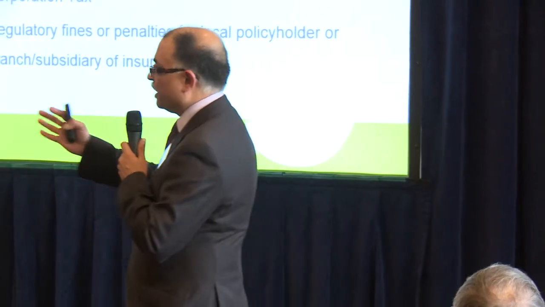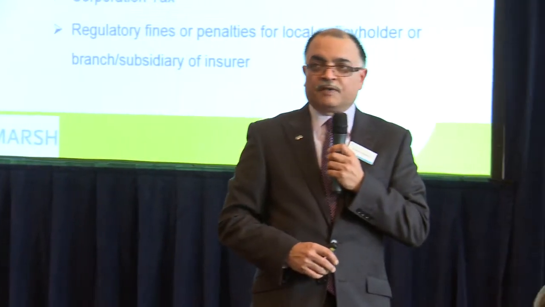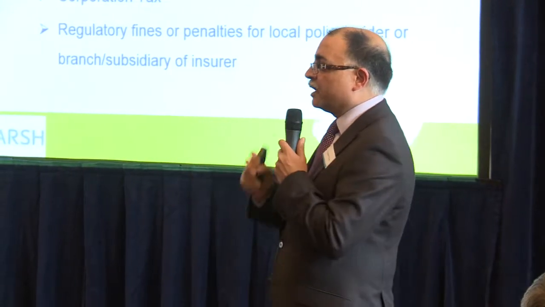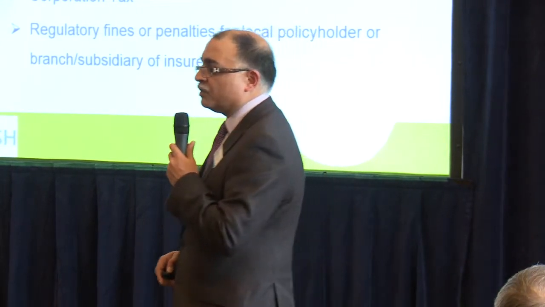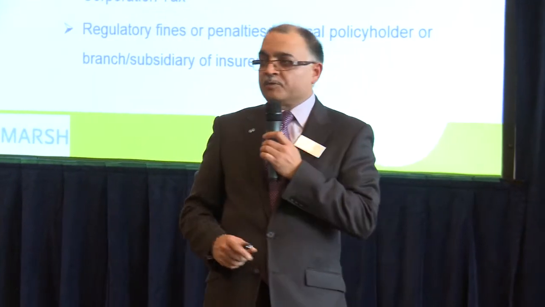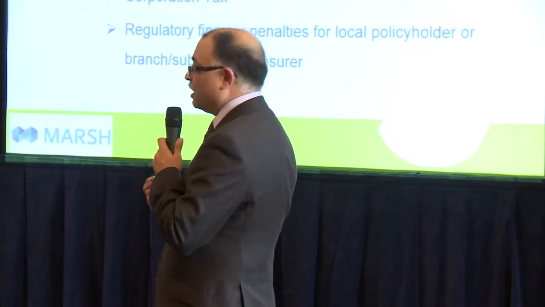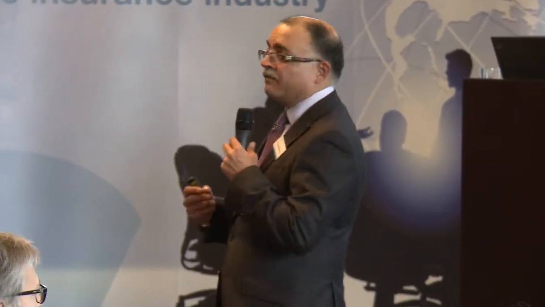And believe me, Karen has shared with you 2 examples. I can share with you hundreds of examples over the last 5.5 years I've been at Marsh, where companies have suffered significant amounts of income tax, such that the total cost of risk has blown through the roof. And I'm still waiting for issues around Japan and the tsunami, because that is such an unusual event that I really would want Japanese authorities to come out with an edict that in this exceptional circumstance, a master insurer can pay the claim directly to the Japanese insured. But they haven't done so,